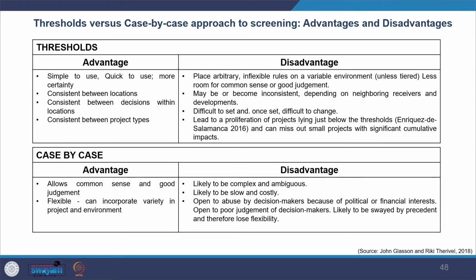So you see that you have threshold level, and then case by case, threshold level, list level, and then you have case by case. So both the methods have advantages and limitations. We also find hybrid approach also, for example, indicative threshold used in combination with flexible case by case approach. So just quickly reviewing what are the advantages and disadvantages.